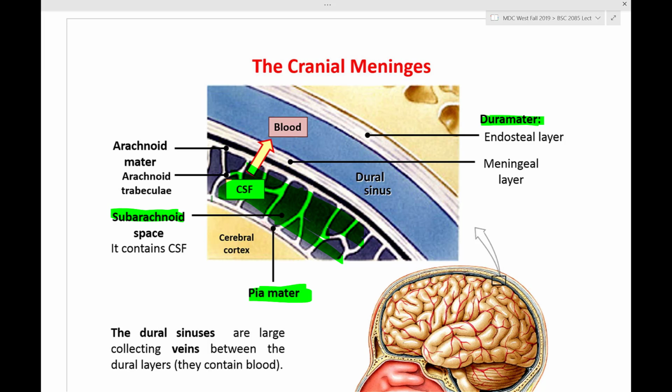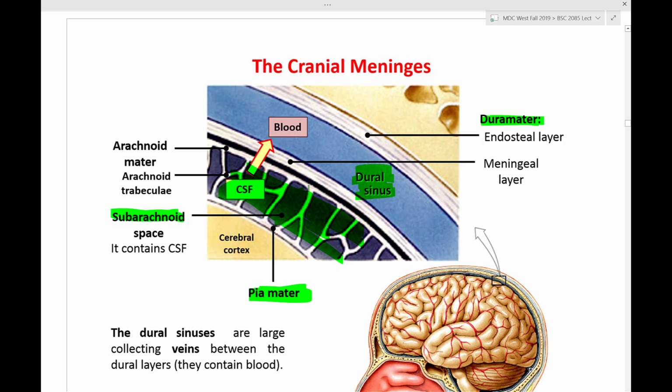Because if you leave an excess amount of CSF there, what's going to happen to your brain? You're going to compress your brain. Your skull is not going to expand because it's hard, correct? Your vertebral column is not going to expand because it's bone. So what's going to get compressed is the gelatinous structure, which is your brain and spinal cord. It's going to get compressed. So what's the escape? The escape is through the